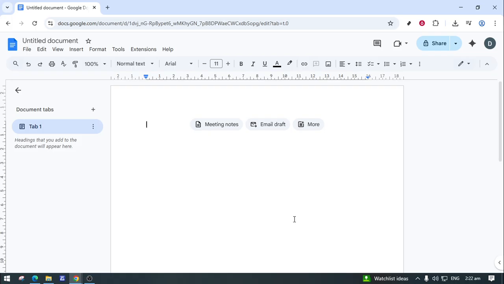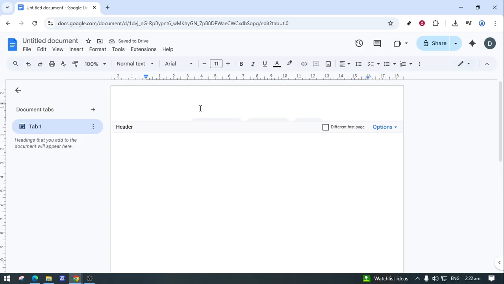Next, let's get hands-on with the header section itself. Simply double-click on the header space at the top of your document. This will activate the section, allowing you to make edits directly within this area. You can start typing here directly if you wish to add text, but let's say you want to add an